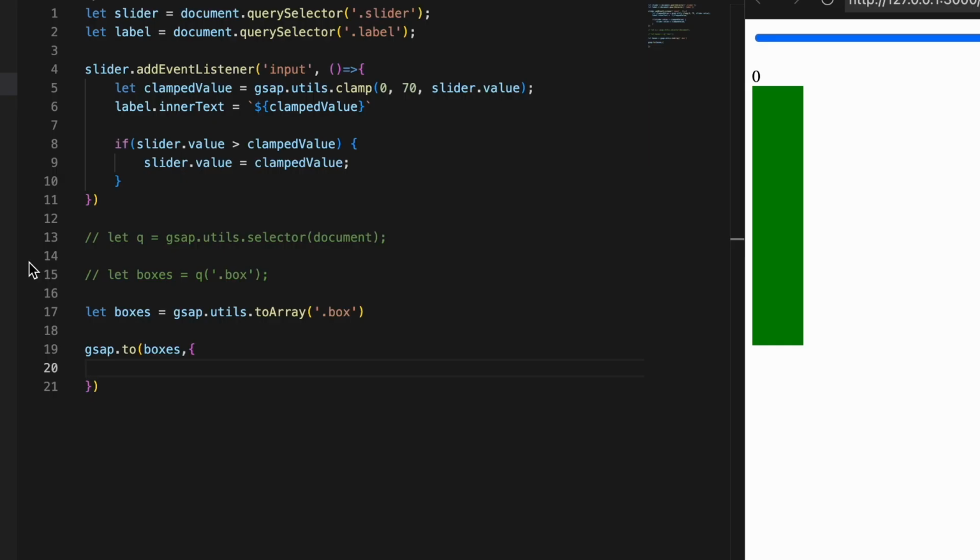We have boxes that we have already created in a previous lecture, and we selected them using the toArray method. We will use these same boxes to demonstrate the interpolate method. Clear out everything inside the to method and add the background color property and assign GSAP.utils.interpolate. The idea is to distribute colors that we assign to the boxes using interpolate. So inside the interpolate method, create an array, and in this array we will pass 3 colors: red, yellow, and